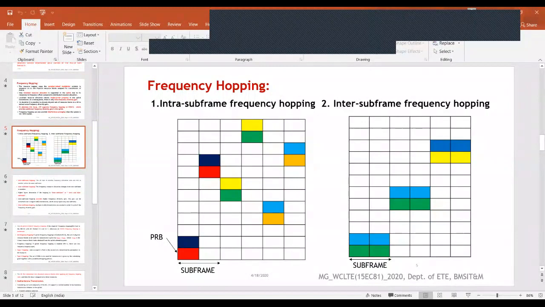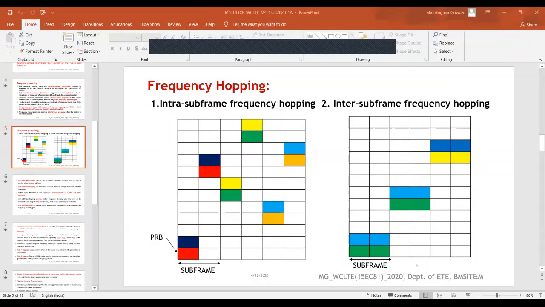He is hopping from one slot to another slot within the subframe. But what happens in inter subframe frequency hopping? Here, the resource block of the user equipment can hop from one subframe to another subframe. So this is the difference, intra and inter. Intra means within the subframe, the user equipment will be hopping its resource block from one slot to another slot.